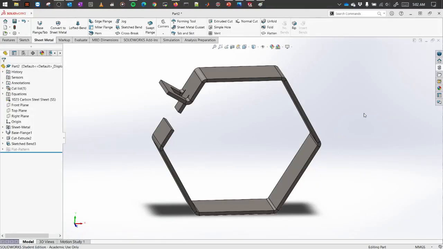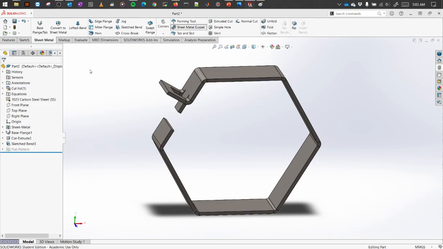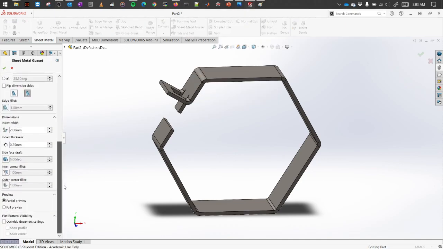Sometimes some designs might be fragile in nature, so those structures need additional support. We generally use a rib to support different structures. In the case of sheet metals, they are called sheet metal gussets, which is this one. Selecting the sheet metal gusset will open up a property manager, which will help you to create those